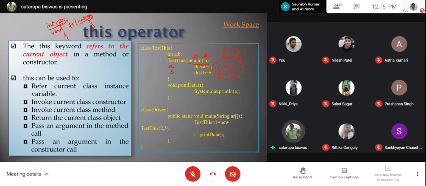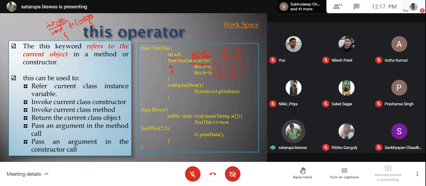So if you write a equal to a and b equal to b, that will mean that you are trying to put its own value inside this a. It will never affect anything in the instance variable. As you have another local variable with the same name, the local variable has a feature that if you directly write the name, that variable will be referred. So if you write a and b, that means these two local a and b.